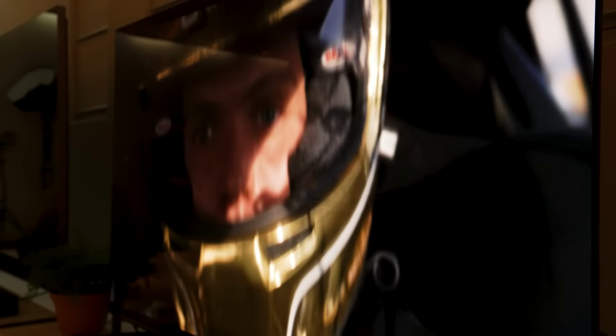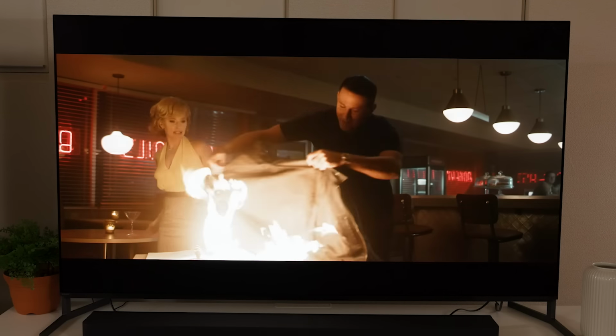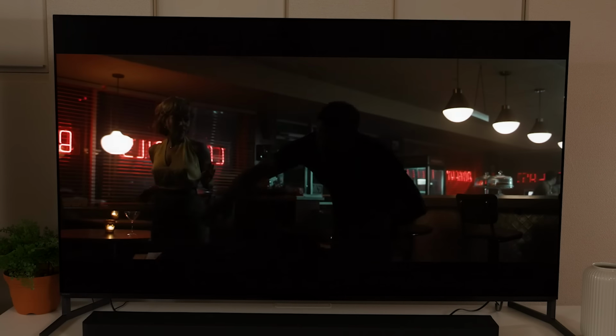And the combo of improved brightness with Sony's color processing technology means you get outstanding picture quality. Now, I have blackout curtains in my living room, and this is the TV that makes sense for me. Bravia 8 Mark II is their newest QD-OLED. It comes in 55 and 65 inches. The A95L will still be available for those of you who want to step up to the 77 inch size,